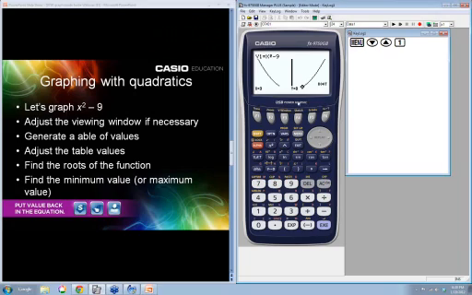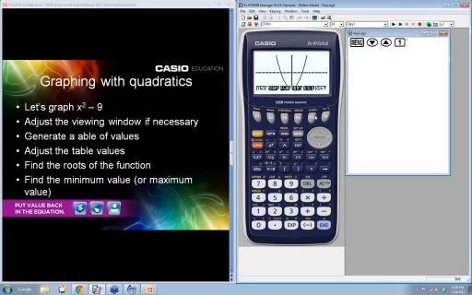If we set y equals 0 and factor the equation, you get -3, +3. Well, this way the kids can actually see it. Again, I don't like this window, so I'm going to go to V-Window. There we go. I'm going to change it back to the standard, I think, because I like the standard better. It's just a personal preference. And now I'm going to draw it, and there I can see it a little bit better.